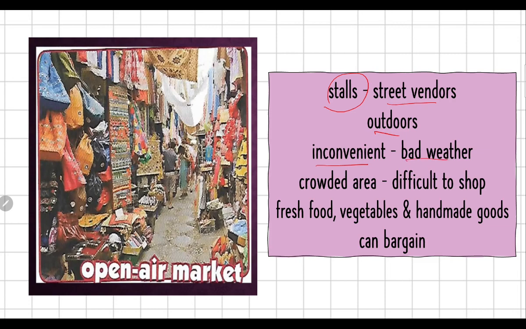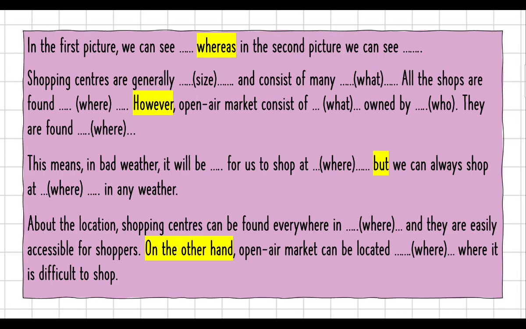Because when the weather is bad, we cannot shop there. And then it is also placed in a crowded area, very difficult to shop there. What can we find there is fresh food, vegetables, handmade goods, things like that. Okay, however, here in an open air market, we can bargain for a cheaper price. Alright. So these are some of the sentences that you can form and the expressions that you can use to